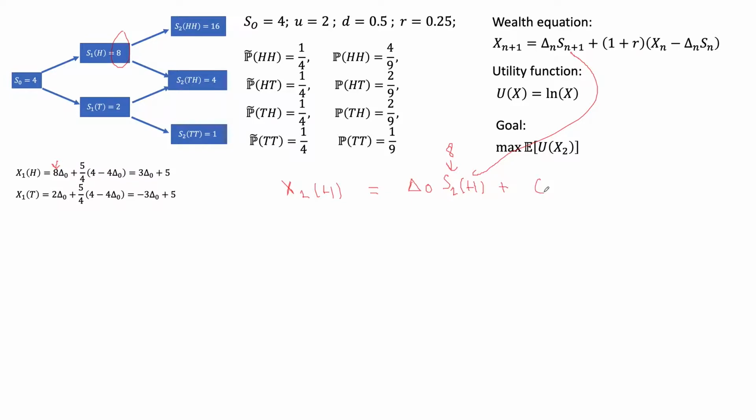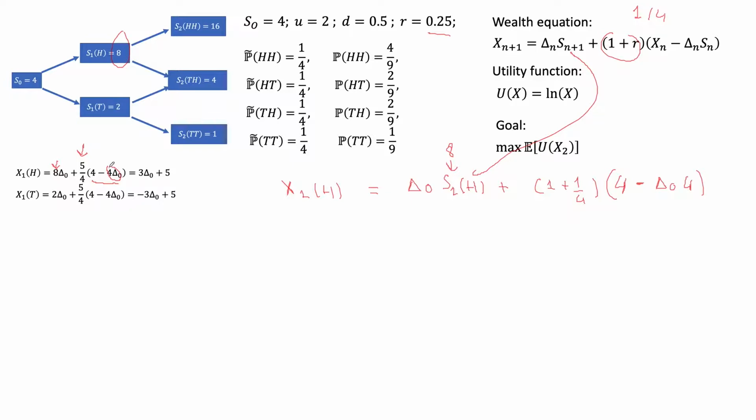Plus then the 1 plus r. Our interest rate is 0.25. That is just our interest rate is 1/4, right? So then 1 plus 1/4, that is just this 5/4 that we're seeing here. And x_n, our initial wealth, we started with $4, and then we spent delta 0 of our initial money to buy the stock, and the stock was costing $4. So as you can see here, basically this is the amount of money we have left after we buy